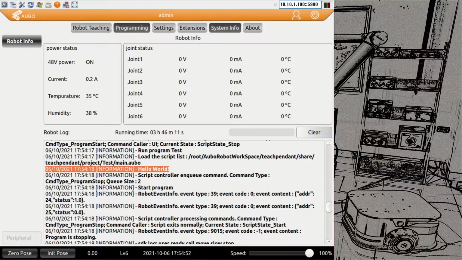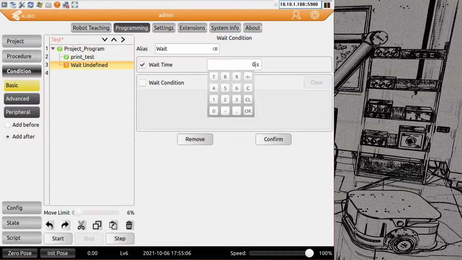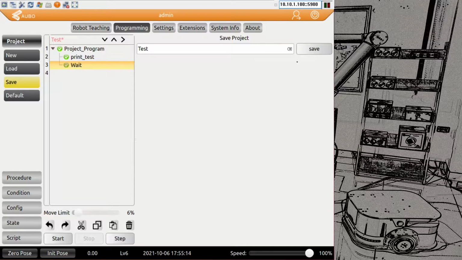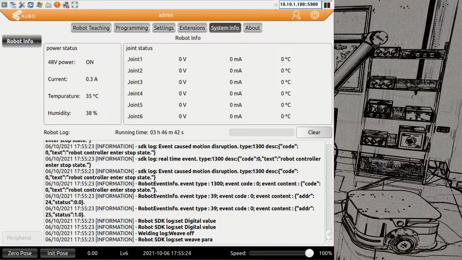So one way to avoid that is to print it and not finish the program. So for example, if we go in and we add a wait time, make this thing to 5 seconds so we don't have to wait here forever. Okay, we just need enough time to go to the system info to see it. So okay, wait 5 seconds, confirm, save the project. Okay, and then execute it. Right now it's in the waiting period. Change to system info. We see here there's hello world,